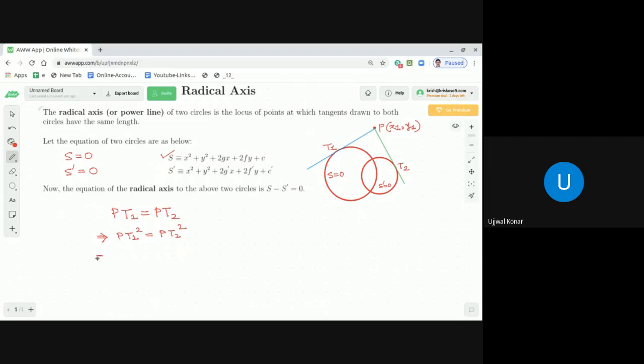So what is PT1 square? From the length of the tangent, in that expression S, we just replace x by x1 and y by y1. That means it is x1 square plus y1 square plus 2 into g into x1 plus 2 into f into y1 plus c